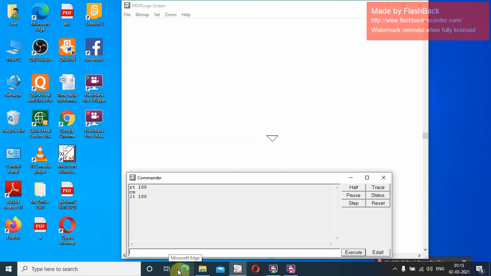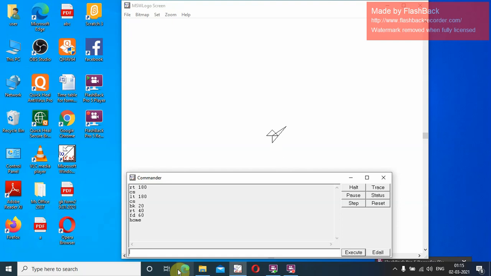Okay. Now let us do CS again. Now I am going to use a home command. For that I would like to draw a line, BK 20, RT 40. I am just drawing any shape. FD 60. Now see, I am using HOME. You can see from the last position the turtle has come to the center of the screen, but it has drawn a line.